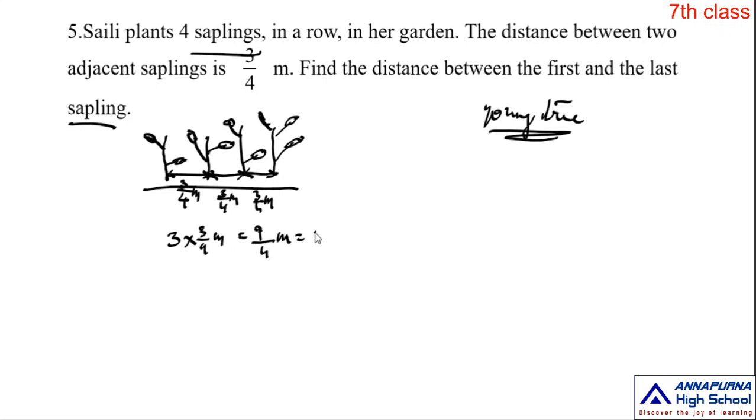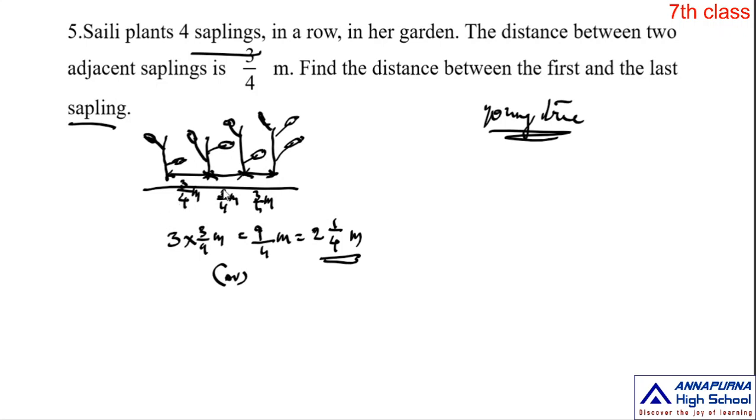That is equal to, so this is an improper fraction, 4 2s 8, 1 by 4 meters. So 2 1 by 4 meters is the distance between the first sapling and the last sapling. So like that we can find the distance, or we can do the same thing as,